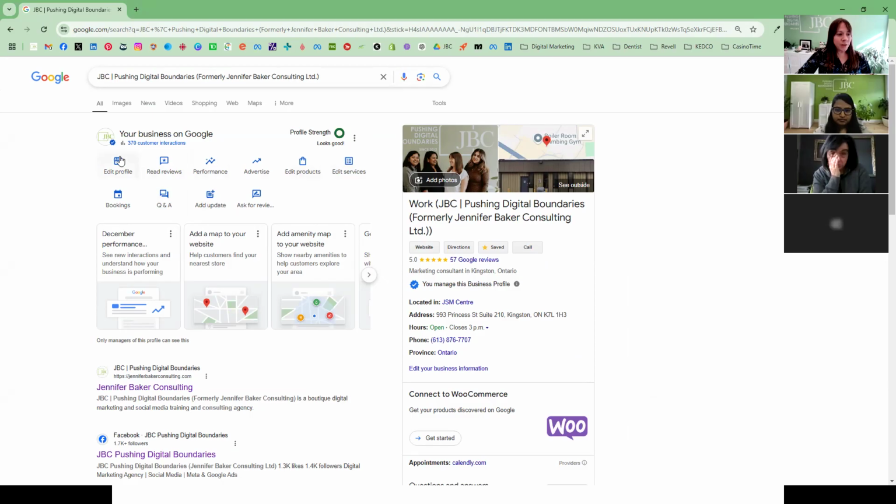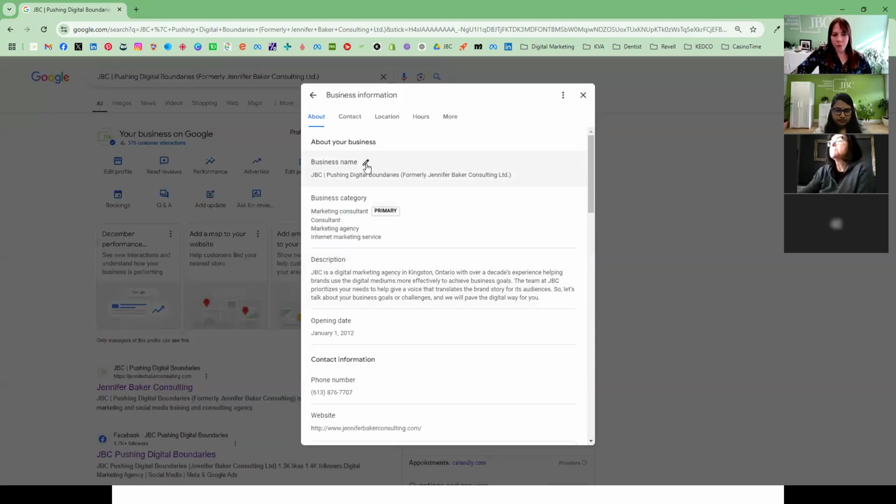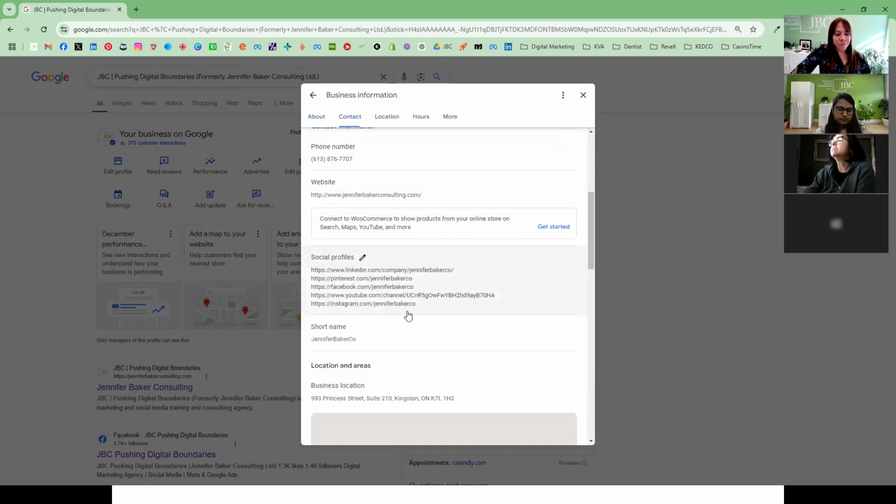Any of the updates that you're going to be doing, so it could be your edit profile, which we've already been in. So you can tap the little crayon to update anything. Make sure all your business categories are up to date. And I say this because Google changes things and doesn't necessarily tell you all the time. And sometimes industries don't always match perfectly. So go in and just see if it has a better match for what it is that you do.